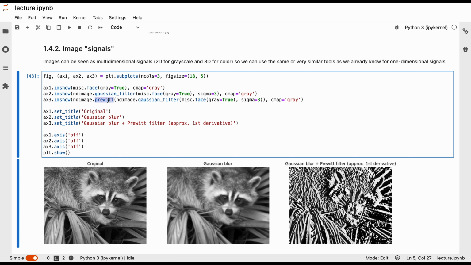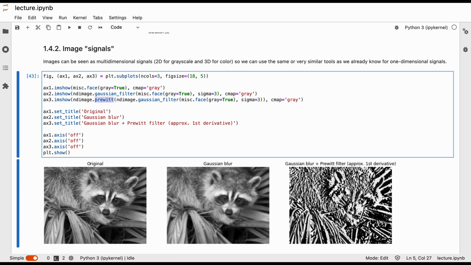Now, what does first derivative mean? The first derivative of an image gives us information about how it changes, so how color or brightness change from one pixel to another. And if we go from black to black, white to white, or from some gray to some gray, then the derivative will be 0 or very low, and so also the resulting value will be very low. And what this then essentially does is edge detection. So if there's an edge like here, so the brightness is changing, then this will result in a high value